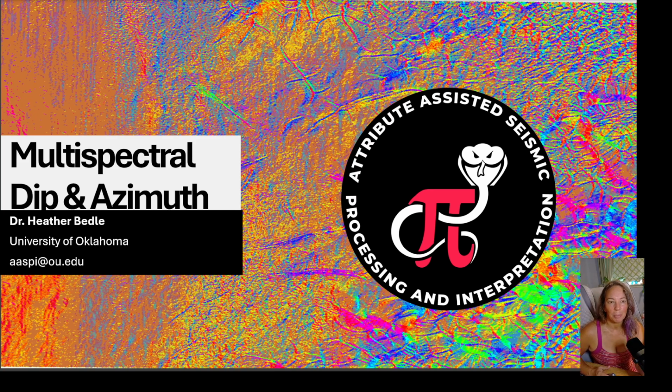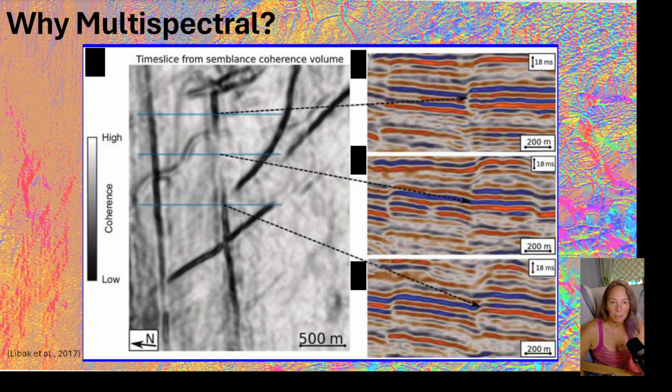For a little bit, I'm going to talk about multispectral dip and azimuth. You've probably heard me talk about multispectral quite a few times. You could run it on pretty much any of your geometric attributes, and it will give you much clearer images if you're having problems. So to explain what it is, here we've got an example of a time slice and